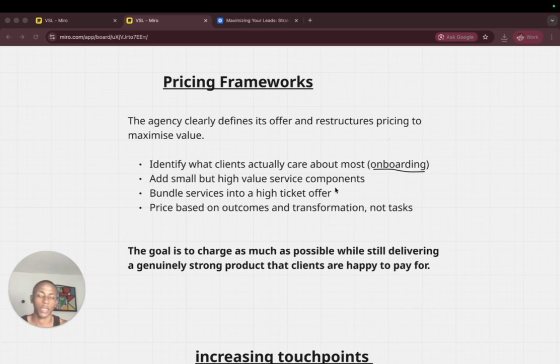So again, it's just like another logical upgrade on your other offer. You can bundle services into high ticket products, self-explanatory, and you're basically just priced based on outcomes and transformation, not the actual inputs you're putting in. Because if you do that, then it's just going to be relative to the amount of work you will put in,